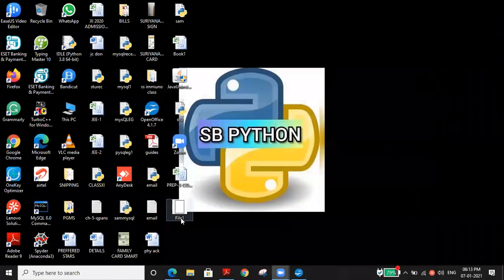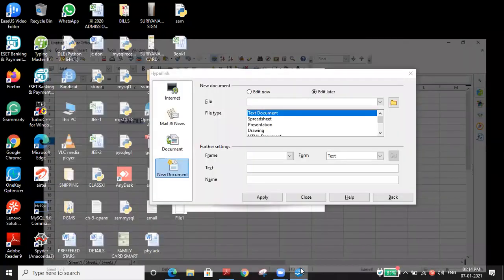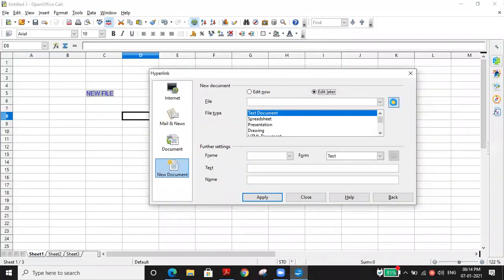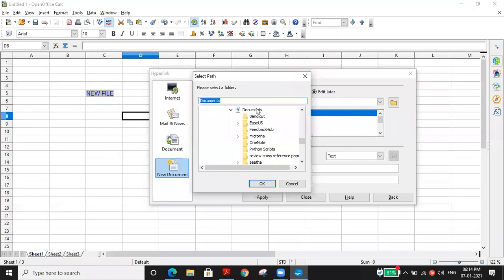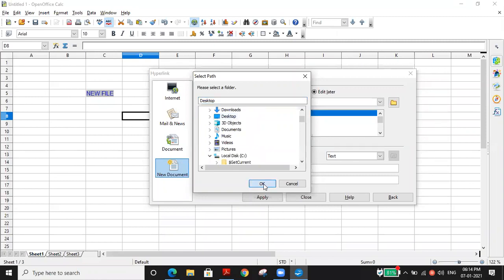I will show that one thing. See the file 1, I have given the file, it is here. Can you see the pointer? I have selected desktop because I want to show you. If I keep it inside the computer it will take some time to open. So I just keep it on the desktop itself. Let me come to the thing here. I'm just going to select the location, documents or wherever we can keep. Whatever drive you like to keep, not an issue. So for easy access, I'm just selecting the desktop and clicking OK.